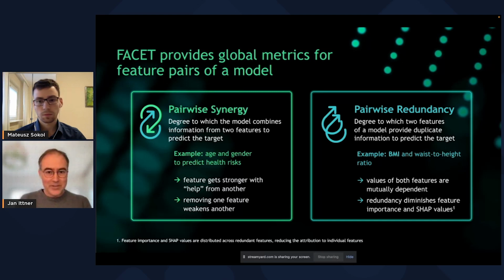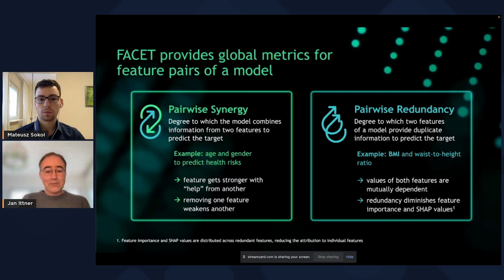That is, how do two features actually do the same for the outcome? How do they duplicate information? For example, again in a health example, body mass index or waist to height ratio are two ways to quantify body shape, or obesity, and that can play a role in different diagnoses or predictions. These two are different KPIs, but they will be redundant because normally when you have a high BMI, you will also have a higher waist to height ratio. So there's redundancy, and that's really important